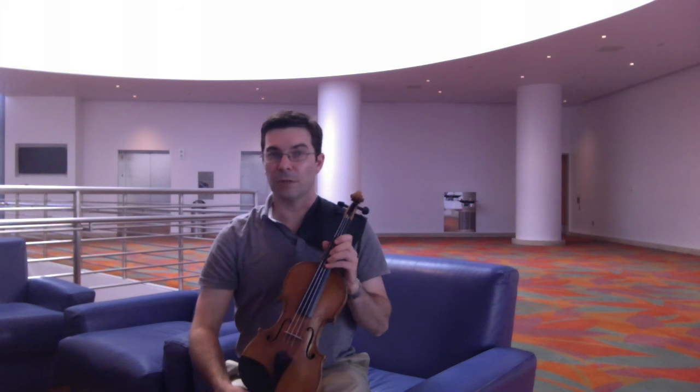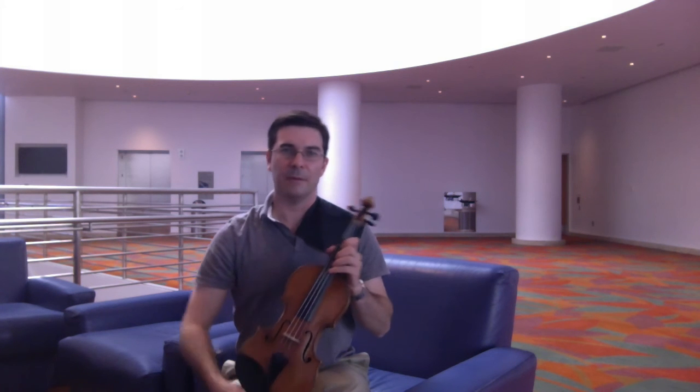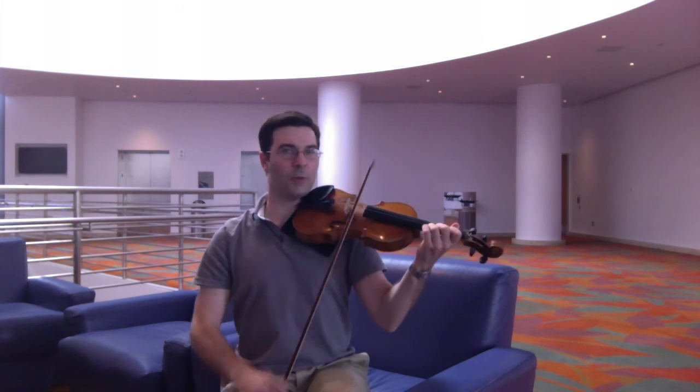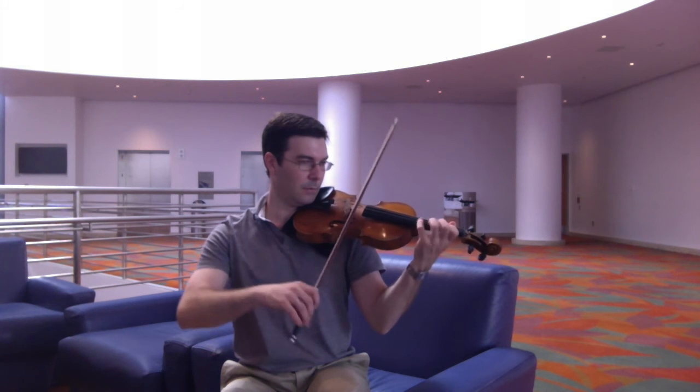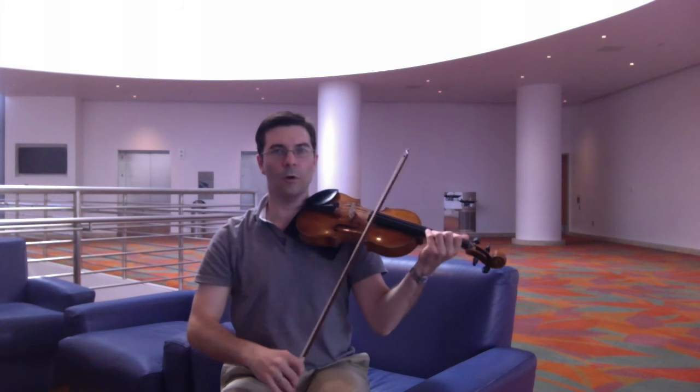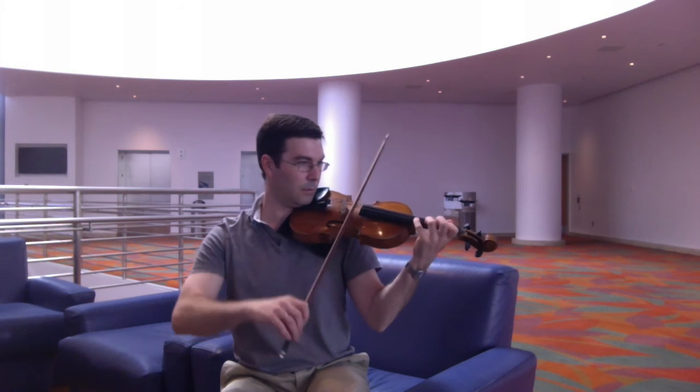So, then the last etude that I would love to see is the Dont etude number 6, and that combines this sort of left-hand action with a bit of a trill exercise. As it's written, or a little more quickly,